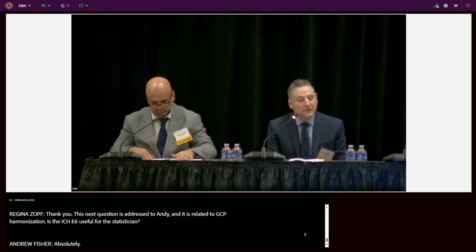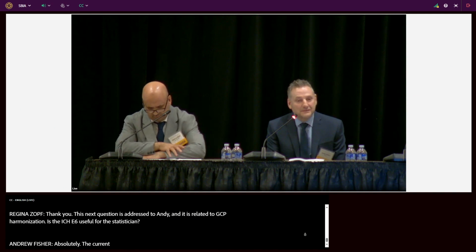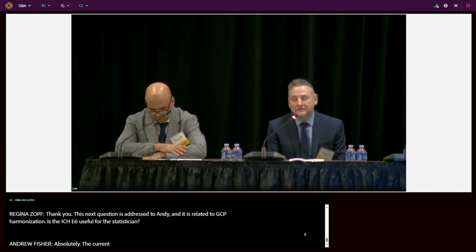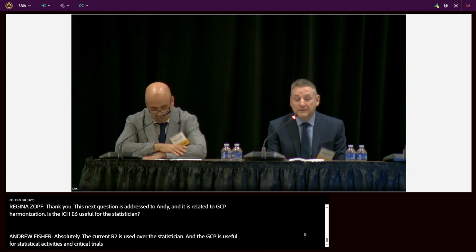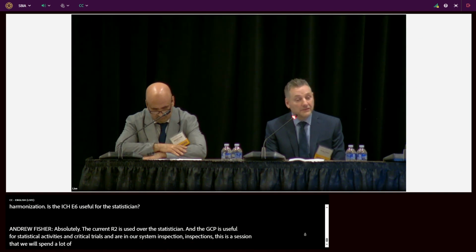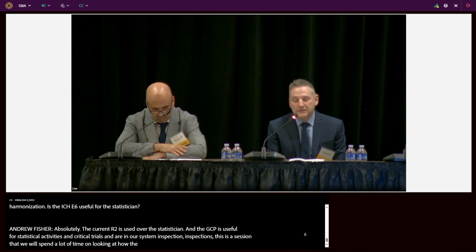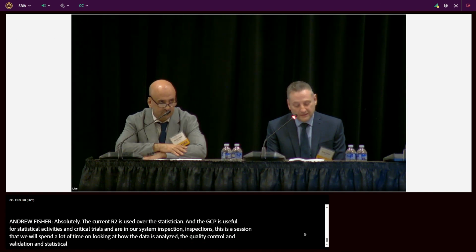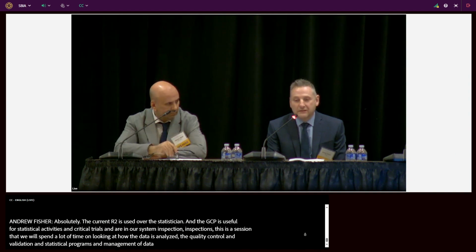GCP is applicable to statistical activities in clinical trials, and during our systems inspection, statistics is often a session that we will spend a lot of time on, looking at how the data is analysed, the quality control and validation of statistical programs and management of data that they're analysing, and production of the analysis TFLs, tables, listings, and